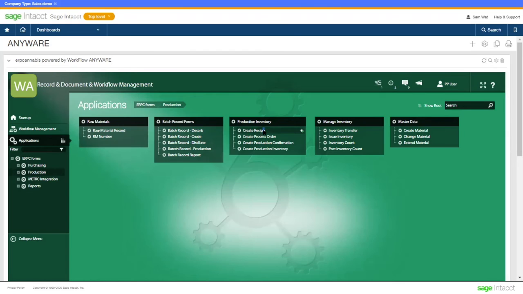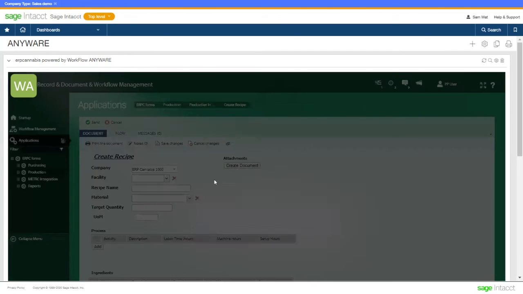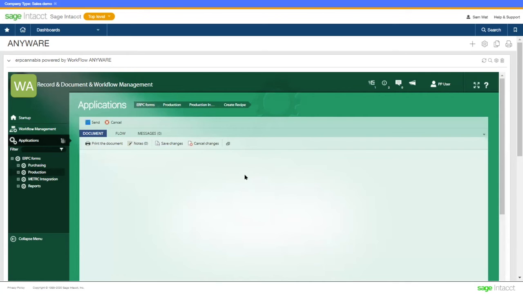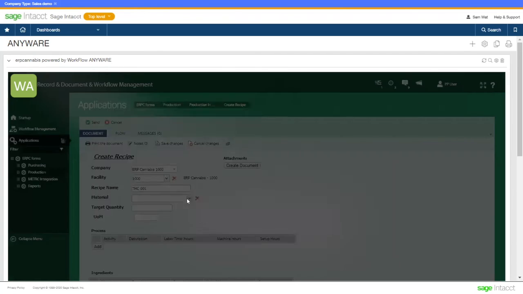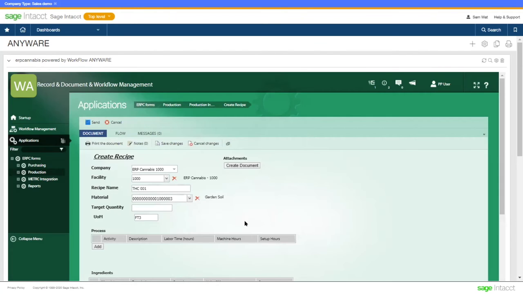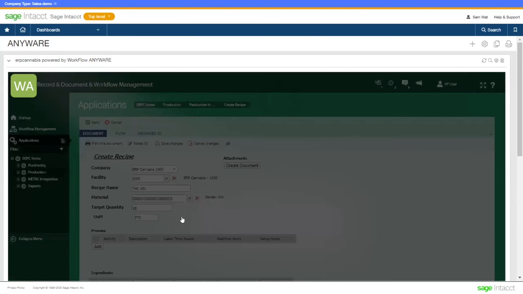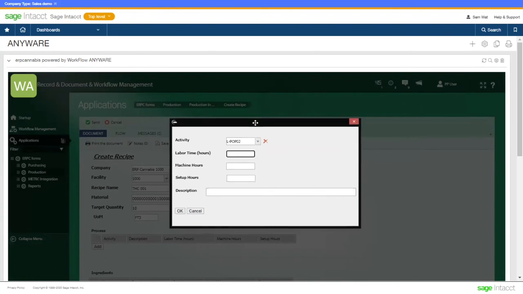So right here, let me open one of the examples. We can create our recipe, then we can pick and choose the company and also the facility information. And also the recipe name, like THC 001, for example. And then we can pick and choose the material. Let's say we need the garden soil, and then what is the target quantity? Let's say 10 of them. And then we can also add the process to this recipe as well, like how we can get this THC 001 out